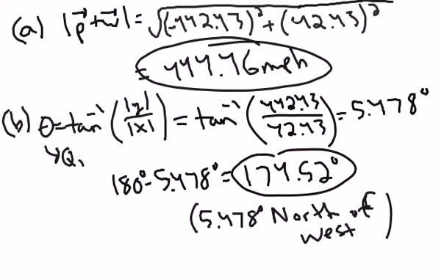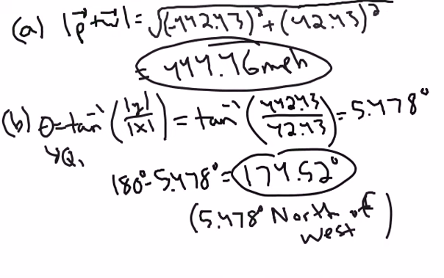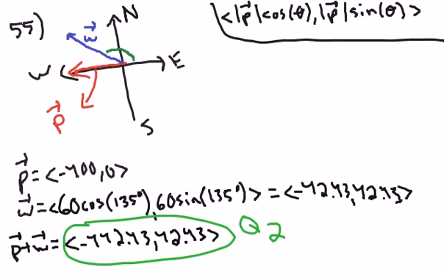Okay, so it means the same thing. If you notice, what they're saying is just take this angle and go 5.478 degrees from west, go up here. So from here, go up here, which is the same thing as just going over here. So you end up at the same spot, okay? So you can write it either way, really. Okay, so that is number 55, part A and B. Okay, let's continue with